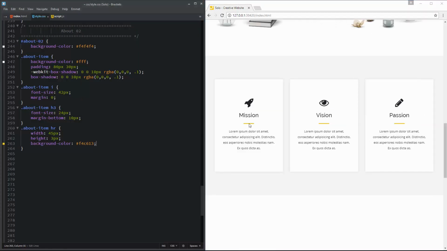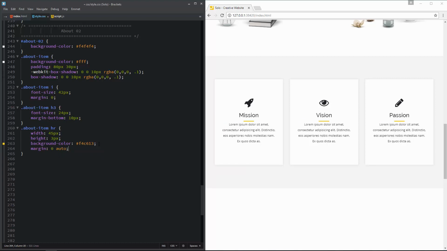Next, there seem to be some margins around these lines, and I'm going to remove these margins. And the margin values are top and bottom with 0, left and right with auto. And this auto value will also make sure that this line will always stay in the center of this box. Next, I'm going to set the border for these lines to be none. It will ensure that there is no border for these lines.